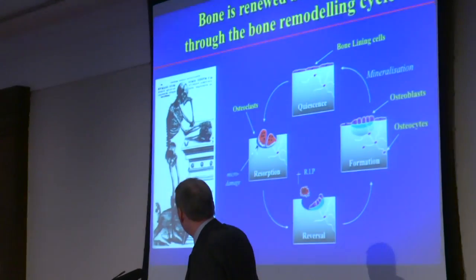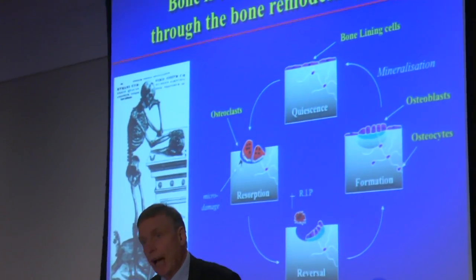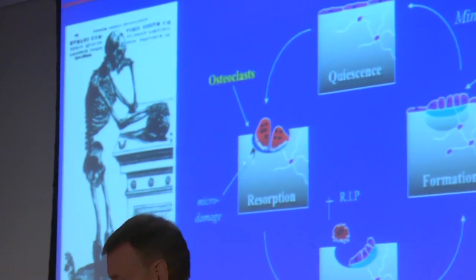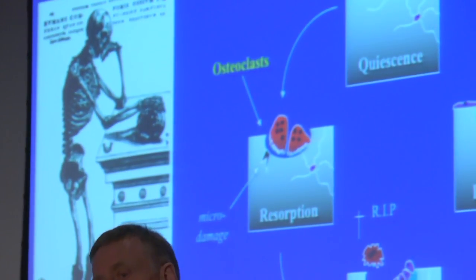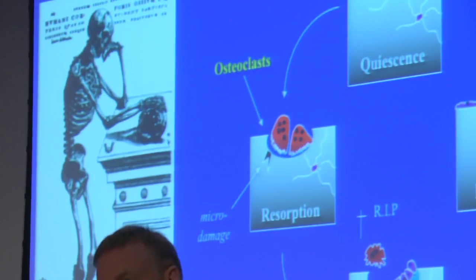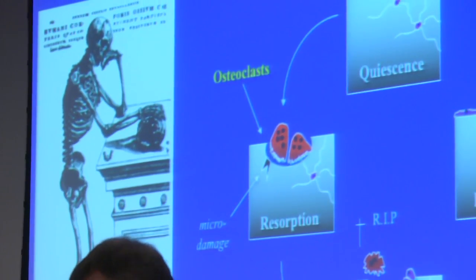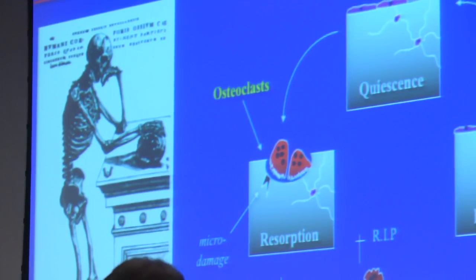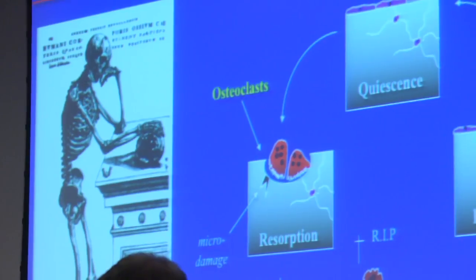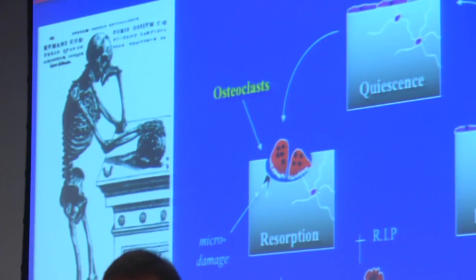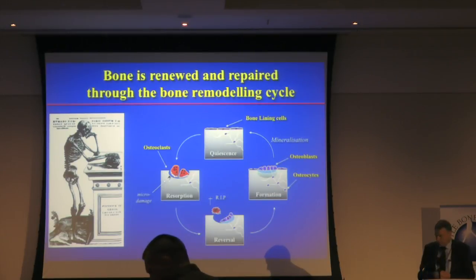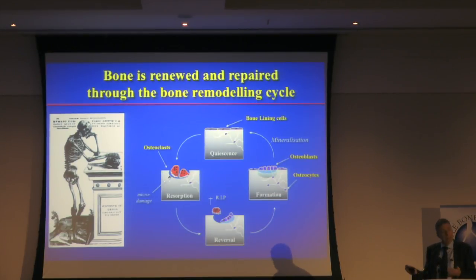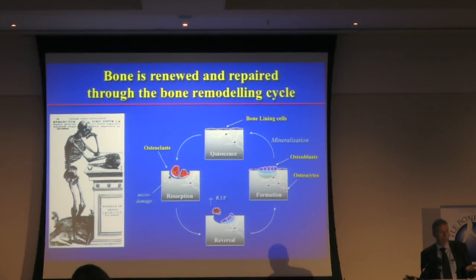It starts when cells called osteoclasts, colored red in my little diagram there, detect areas of micro damage in bone. They come along and eat away at the damaged bone, and then after about 10 days they move away. The cells die actually, and then they're replaced by cells called osteoblasts, which form bone. They're colored purple in the bottom of my little diagram. And then in health, the hole is filled in and everything is back to normal. So in health, the amount removed is equal to the amount replaced.